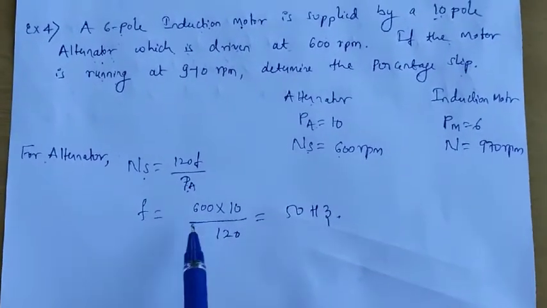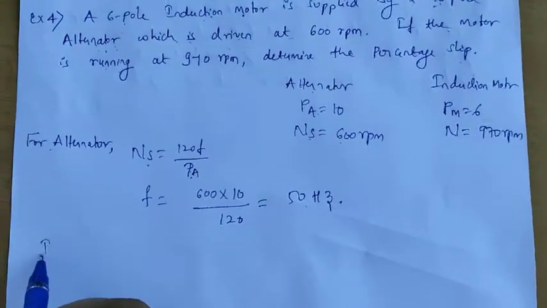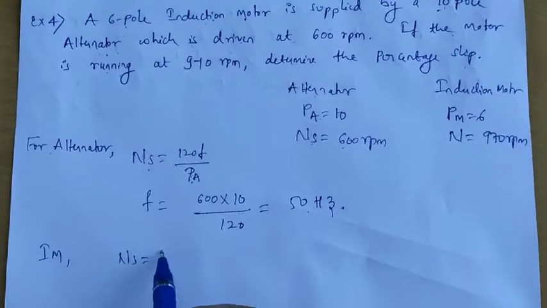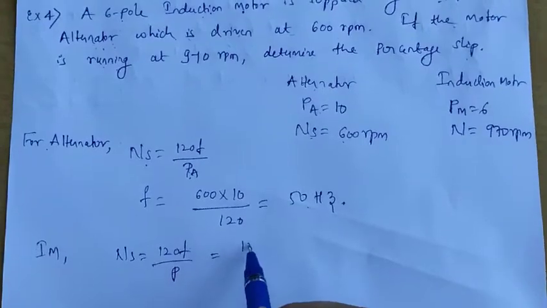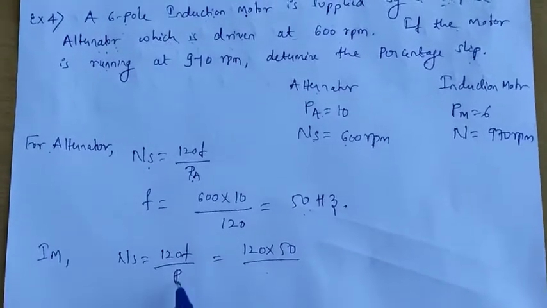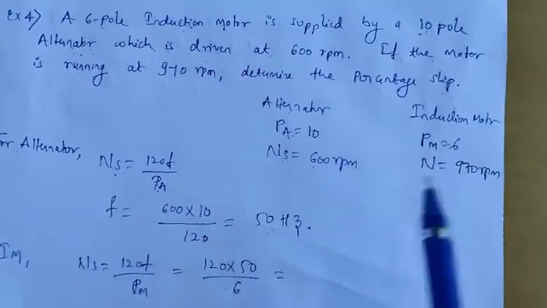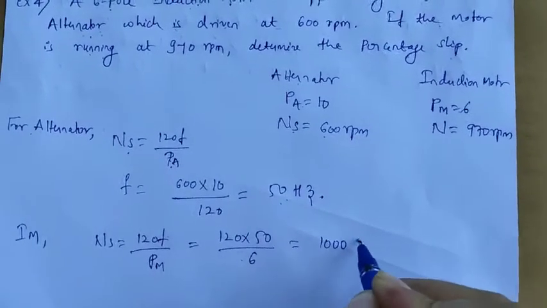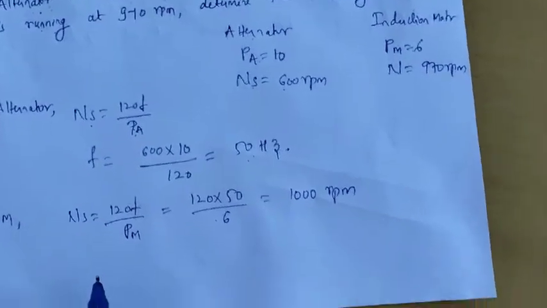So once you're done with the calculation of frequency, then you can go for the induction motor. And for the induction motor, ns is equal to 120 F by P. So 120 into F, 50 Hertz, divided by P. Since it is the induction motor, you take 6 poles, so you will get 1000 RPM. So now percentage